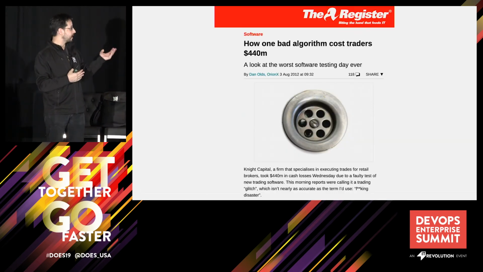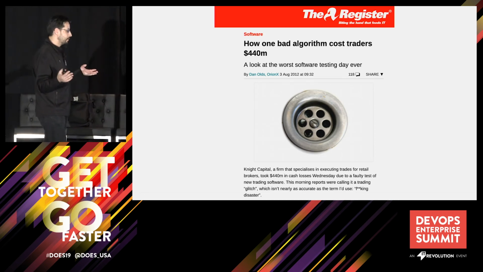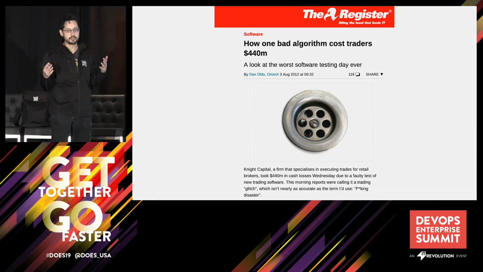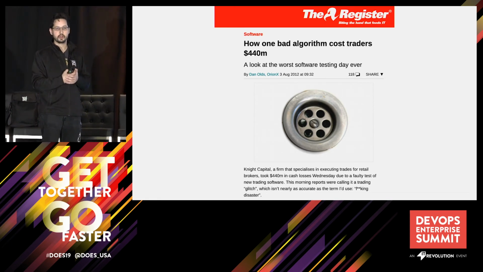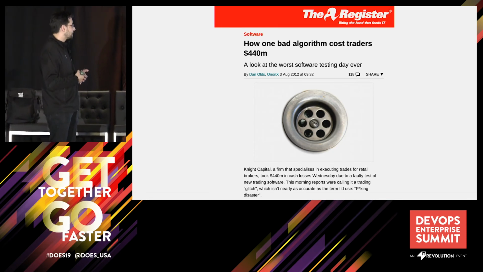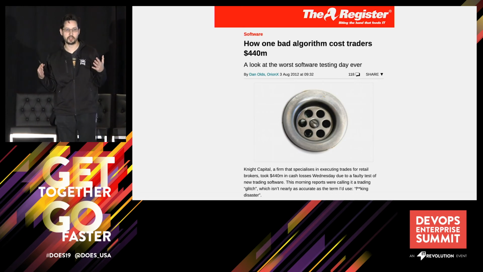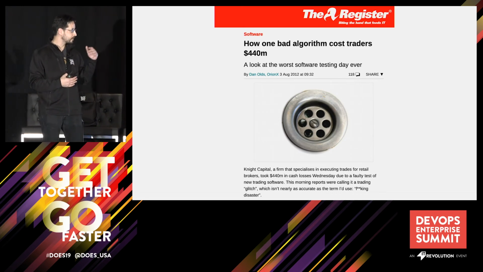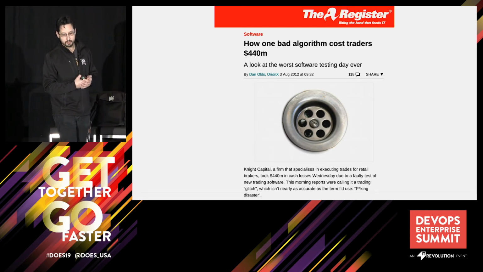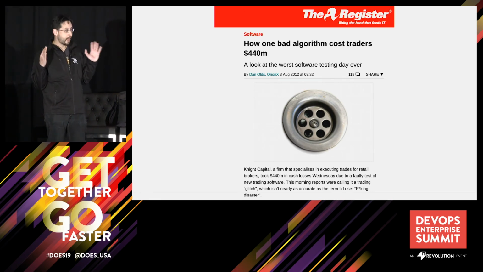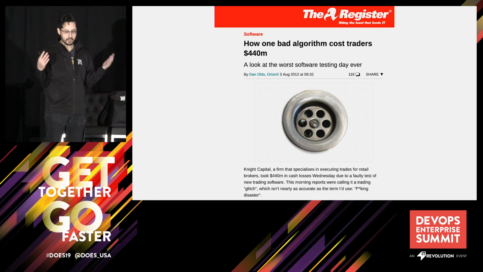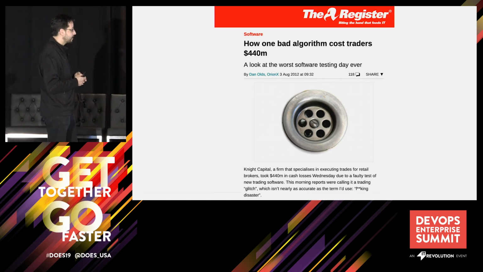Okay, so another example of this is an entirely different space. We've been talking a lot about IoT devices and mobile devices, but the same thing applies to server-side software, which a lot of us build. And Knight Capital, this is a historic example of a huge fail in our industry. John Willis loves to use this example as well. Basically, what happened is a company disappeared overnight by a big IT failure in how they do their DevOps toolchain.